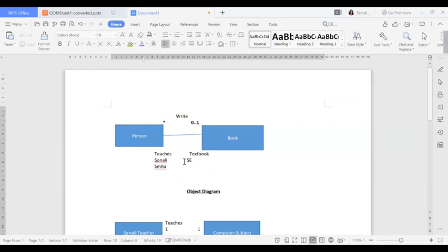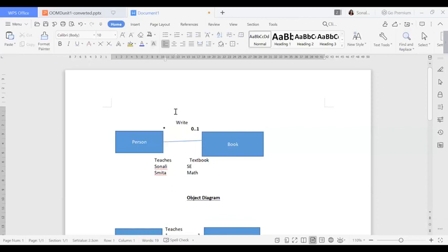So this is my math book. Here I have two persons, two teachers, who are teaching and also writing the books. This is the concept of your association end names. If anybody asks you, or in the question paper you get this kind of thing, you have to give this kind of relationship.